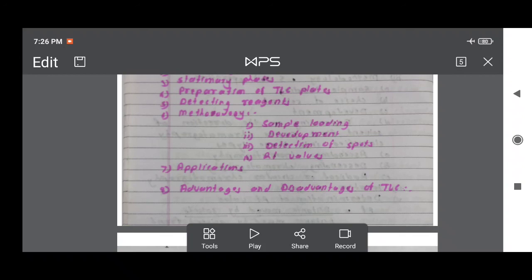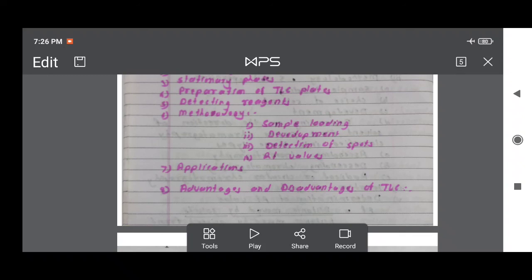Then, advantages and disadvantages of TLC. TLC is a versatile technique and its advantages are as follows. It has very high speed, so separation completes within an hour. A wide range of chemical species can be separated by using TLC. It is an excellent analytical method. It can be a preparative method by using thicker layers. It allows easy extraction of separated solutes: the adsorbent area of the solute is scratched and shaken with solvent. It allows use of concentrated acids as spraying agents. It is handy when the solute nature is not known.